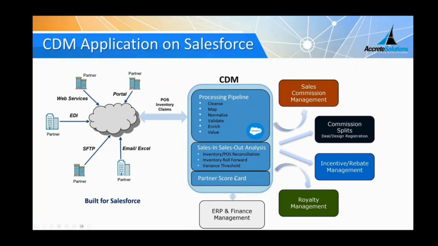The third component in the CDM package is the partner scorecard. This component looks at various metrics of the partner: the partner's revenue, the partner's month-end inventory, the quality of the data, and whether the partner is submitting the reports on time. It looks at various factors and comes up with a score of 1 to 10. These are the three main components of the CDM system. The data coming out of this can be fed into any of our revenue management applications or to the finance management system.